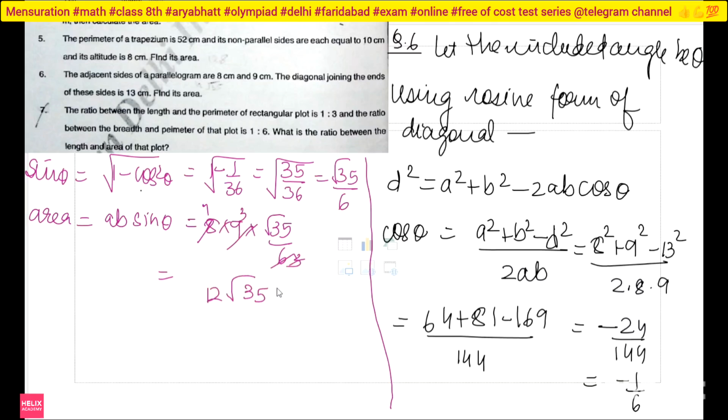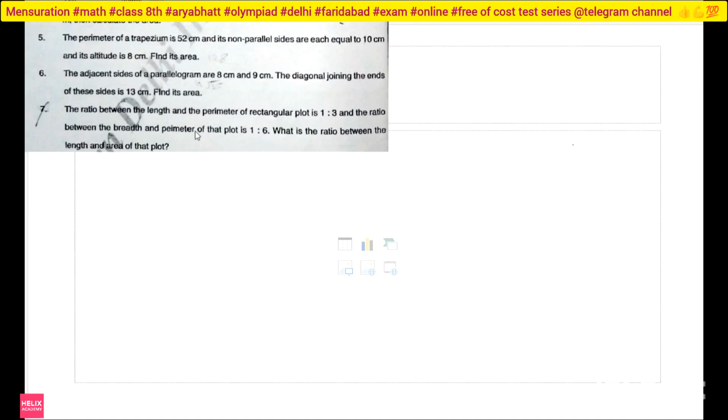Okay, 12 under root of 35 centimeter square, or approximately you can write 71 centimeter square. Okay, now see, in question number 7, the ratio between the length and the perimeter of the rectangular plot is 1:2. The ratio between the breadth and the perimeter of the plot is the ratio, find the length and the